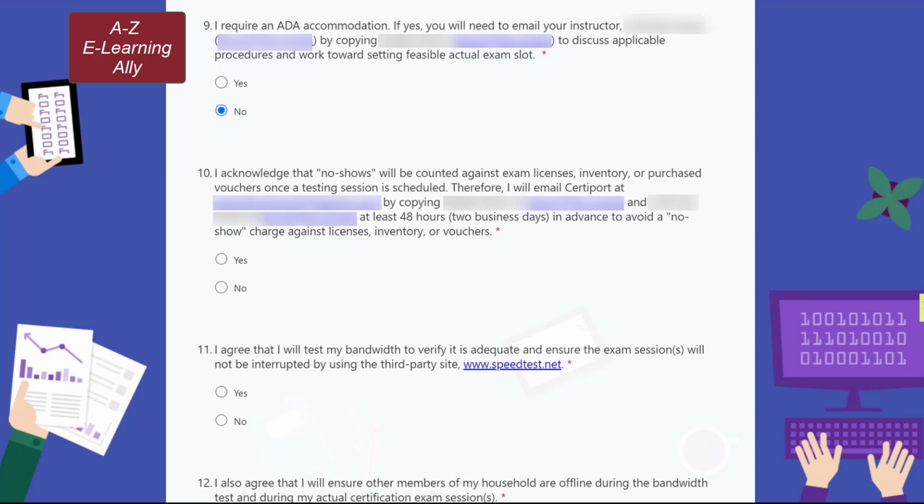Now, I'm here to show you how to add branching logic in Microsoft Forms. You can add branching logic to a survey, quiz, or RSVP so that it changes according to responses to specific questions. In a survey, quiz, or RSVP that branches, questions appear only if they are relevant to the respondent.